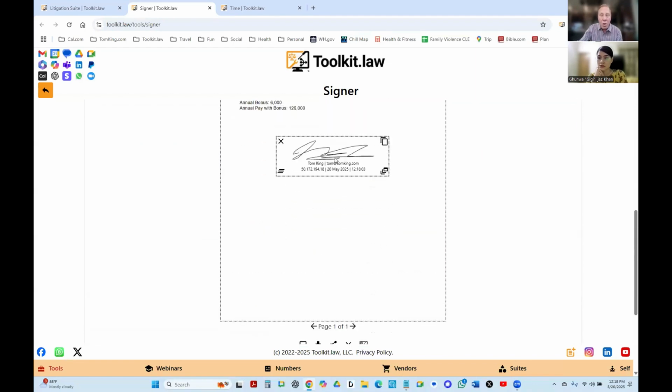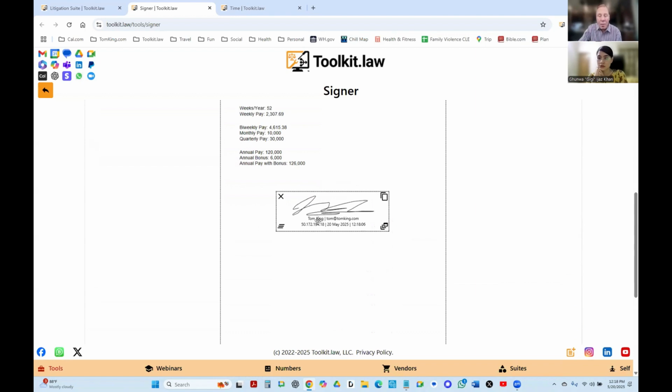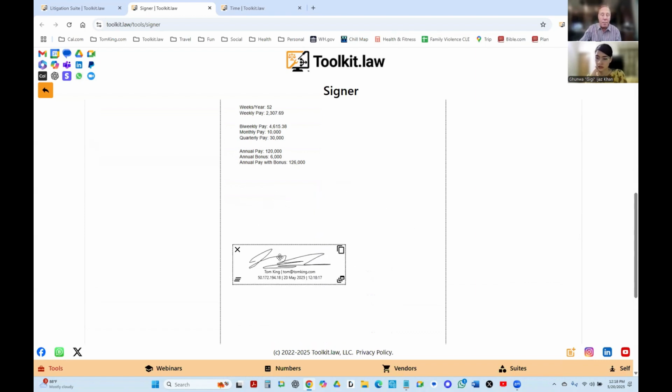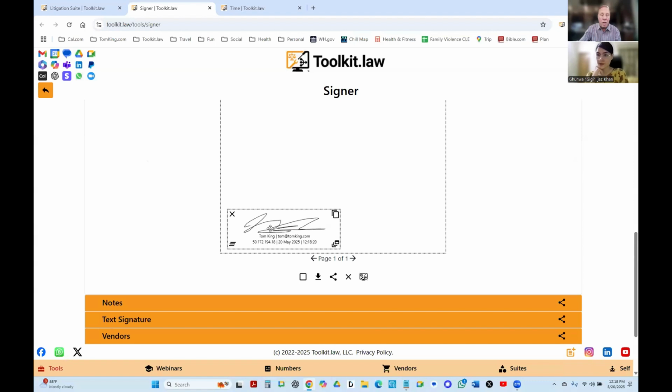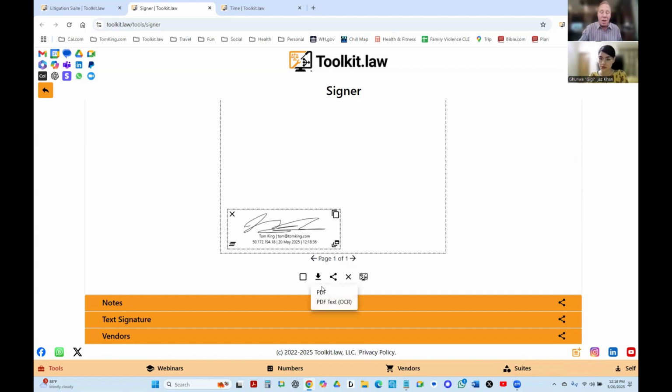There it is. Notice by default, we have the name, the email address, the IP address, the international date, and the international time. And of course, you can move this around. And you can also decide to duplicate this on all pages. This is a one-page document, but I could instantly sign the bottom left corner or initial all pages at once, right? And then when I want to download it,